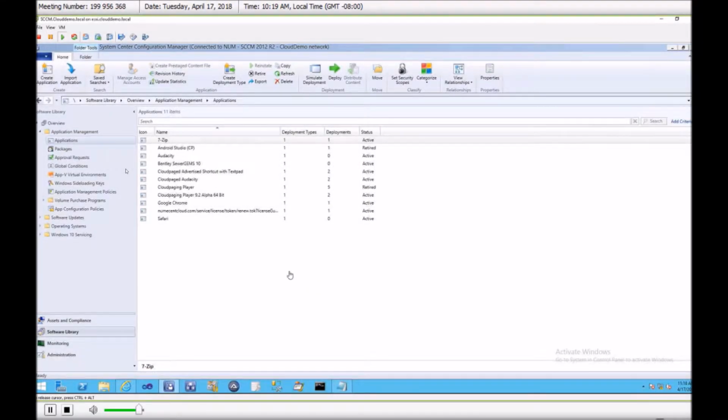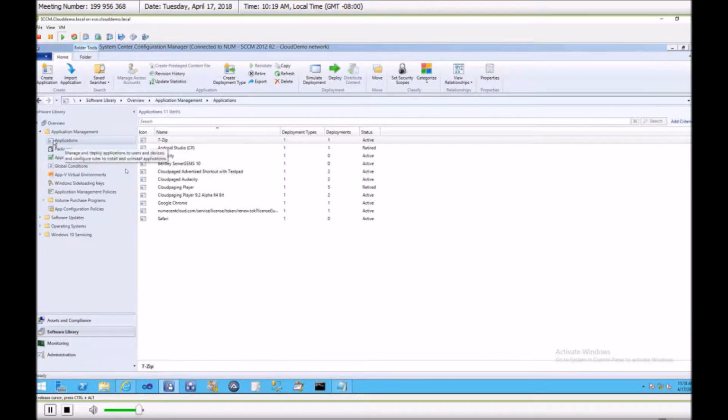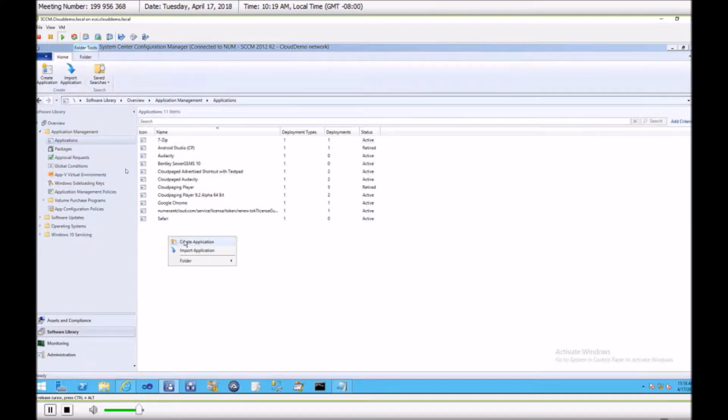have built a deeper integration for SCCM. We were able to integrate with SCCM previously, but now it's a much more native experience. So here in SCCM, this is 2012, we added an application type. So if I'm here in applications and I want to deploy a new cloud-paged application, my workflow hasn't changed from